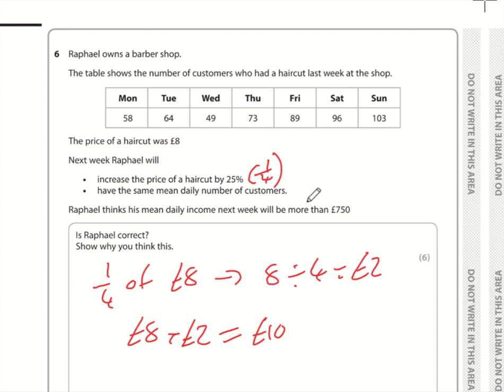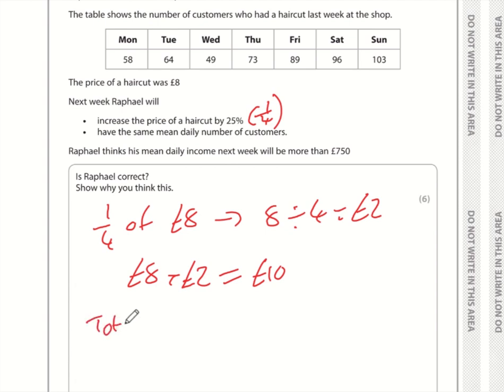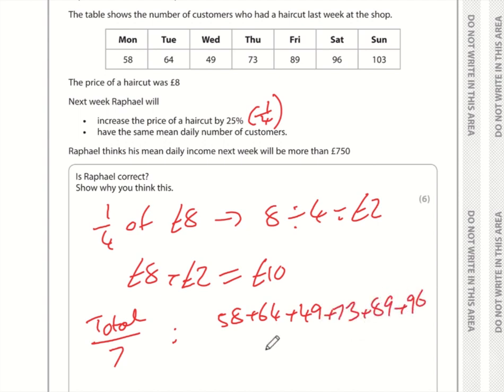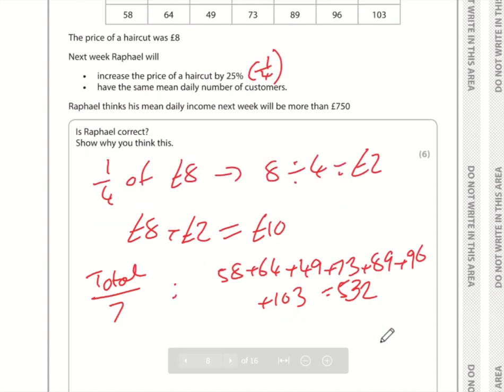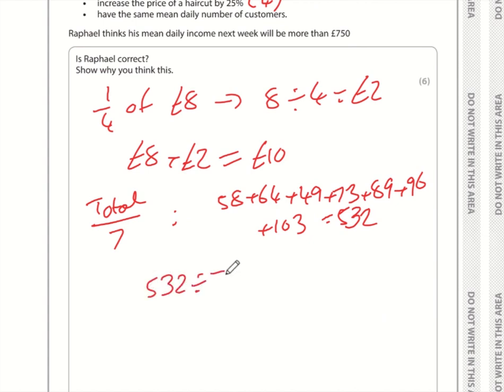Now we need to work out the mean daily number of customers. So it's going to be the total number of customers divided by the number of days, which is 7. So that is 58 plus 64 plus 49 plus 73 plus 89 plus 96 plus 103. And what does all that come to? That comes to 532. So that is the total 532, and we're dividing that by 7. 532 divided by 7